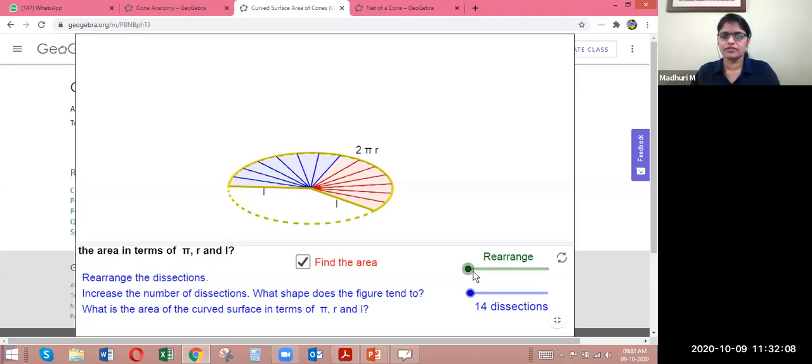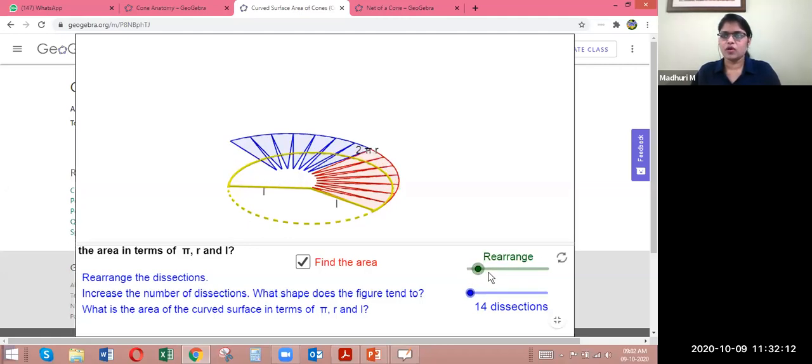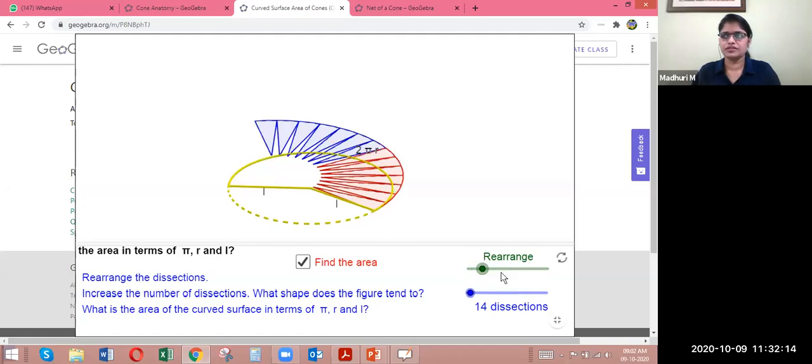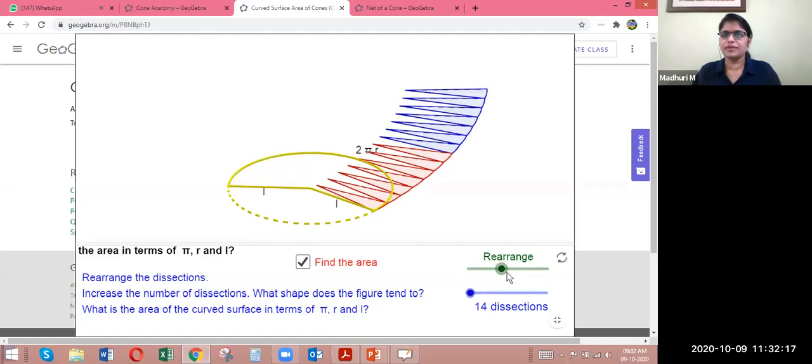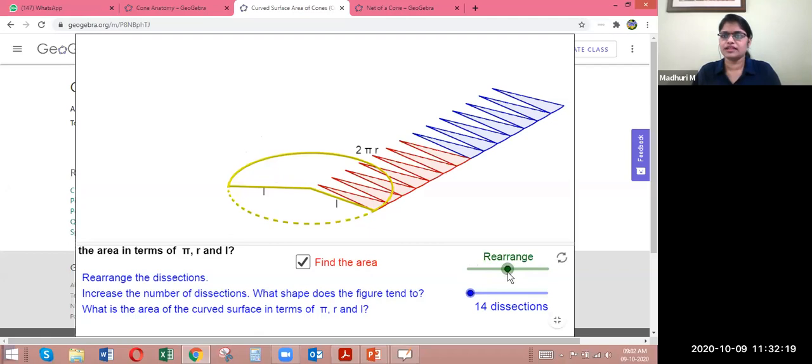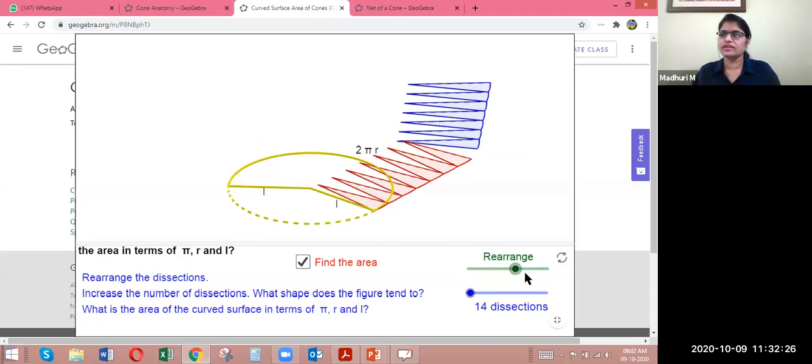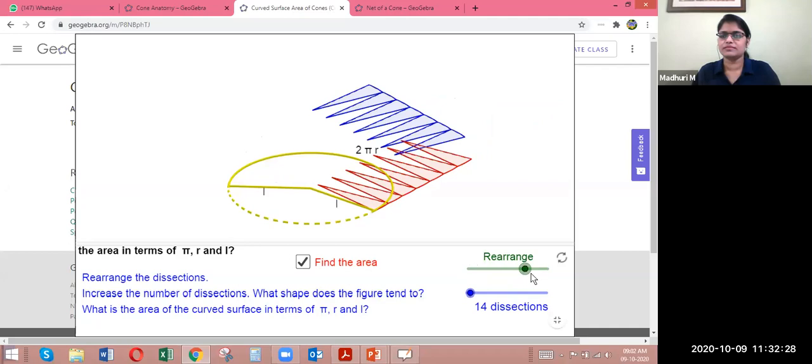So just check, students, very carefully what we are doing. We are going to open it up. On your screen, you should be able to see we are opening up the circular structure, and there you can see that it has become a straight line. And now we are trying to adjust the blue part over the red part so that it becomes a rectangular structure. And that's how mathematicians got this formula, which is pi r l.